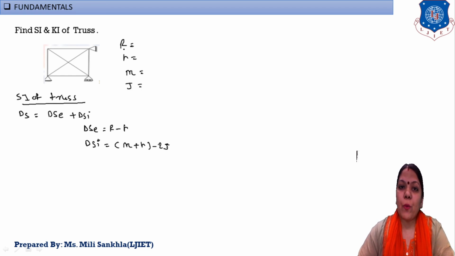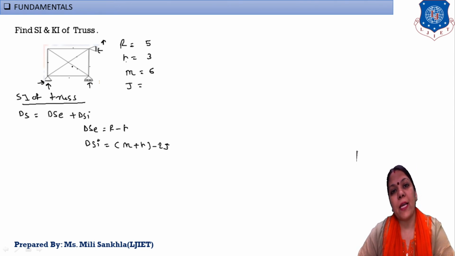Now capital R is equal to the support reactions: hinge support means 1 and 2, roller support 1, and hinge support 1 and 2. So 1, 2, 3, 4, 5. Capital R is equal to 5. Small r is equal to our 3 conditions, so small r is equal to 3. Number of members: 1, 2, 3, 4, 5 and 6. Here I consider this diagonal member as separate, but if we consider the diagonal members as intersecting, then the members are 8 and our joints are increased.